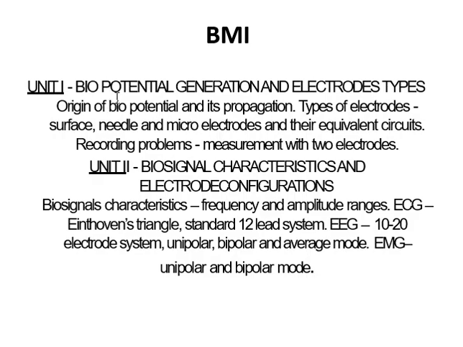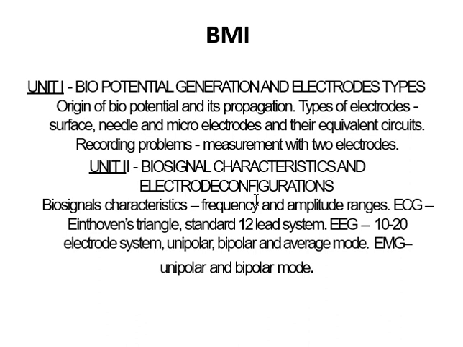The first unit of biomedical instrumentation is biopotential generation and electrode types. Origin of biopotential and its propagation. Types of electrodes: surface, needle and microelectrodes, and the equivalent circuits. Recording problems and measurement with the two electrodes are the subtopics of the first unit, and the second unit is biosignal